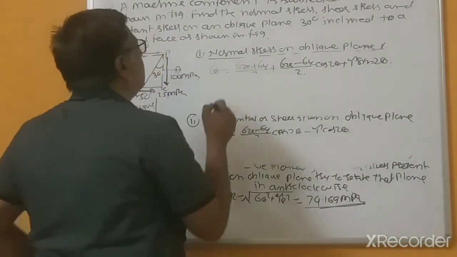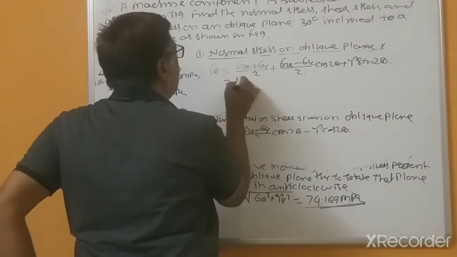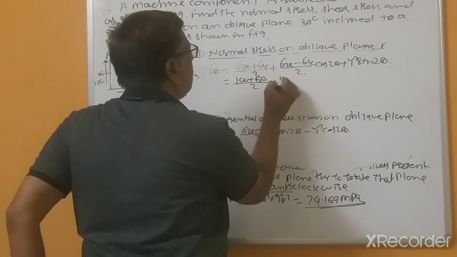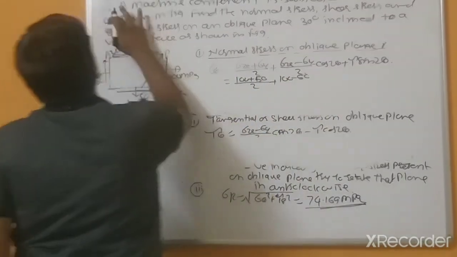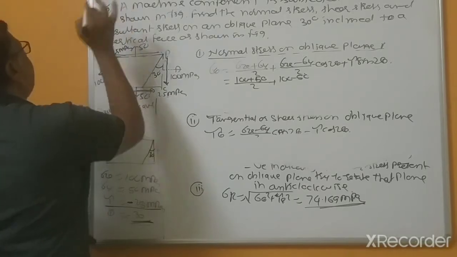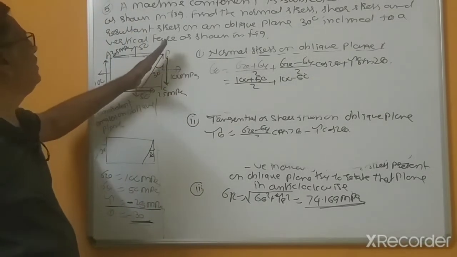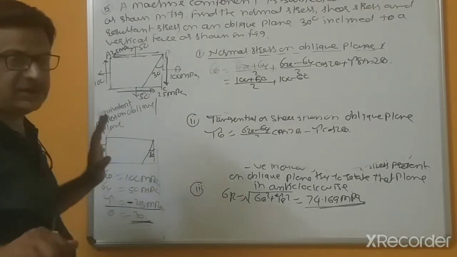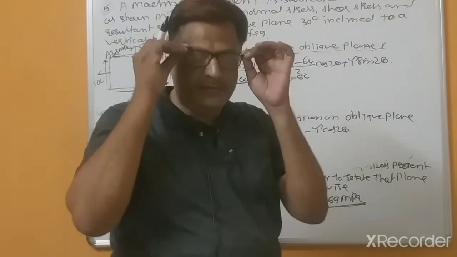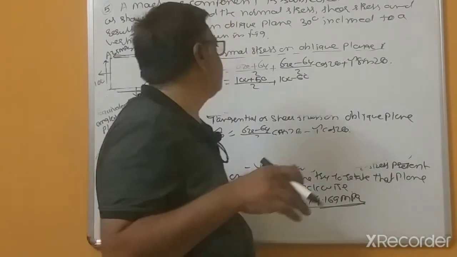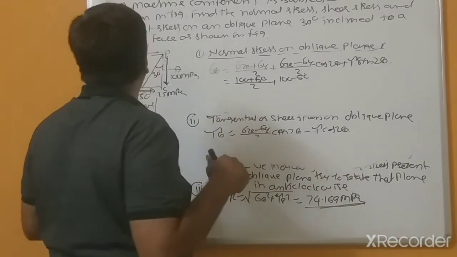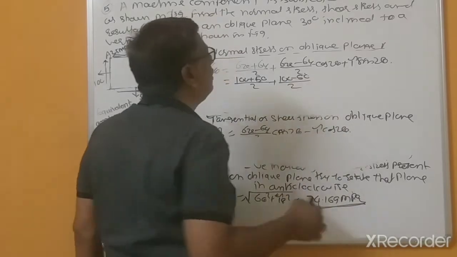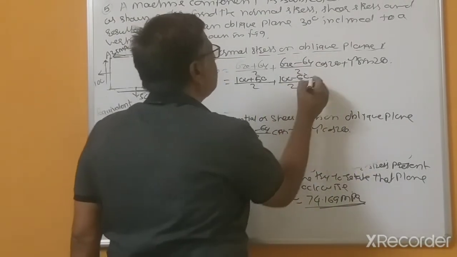You will see this is 200 plus 50 divided by 2 plus 100 minus 50. This is the fifth problem. In the fifth problem, if the inclination is this 30 degrees, we have to shift this, and this is 25 megapascal. So I am trying to solve different varieties of problems. We are studying what happens if the inclination changes. So you should become more familiar with the problems.